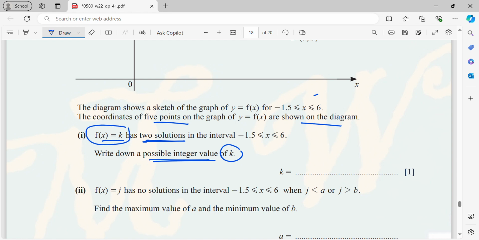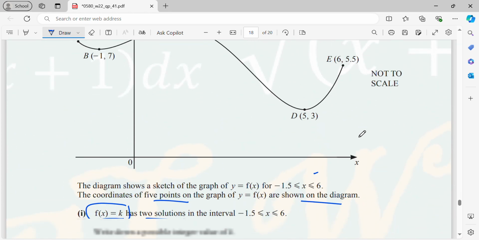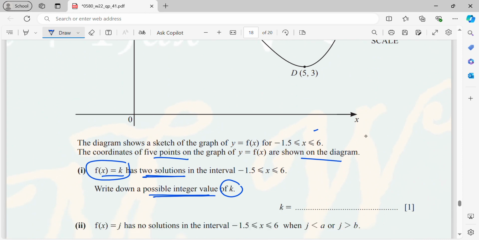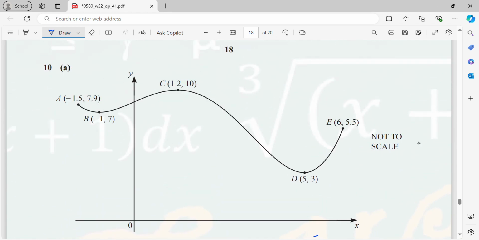Okay, f(x) equals k has two solutions. So when f(x) equals k, look at here. That means k is a constant, right? It's an integer. Therefore that means this is basically a horizontal line, because f(x) is actually the y. Look at here, f(x) is y. Y is a number, means it is a horizontal line. To have two solutions, right? So that means now here you can just say it is in between